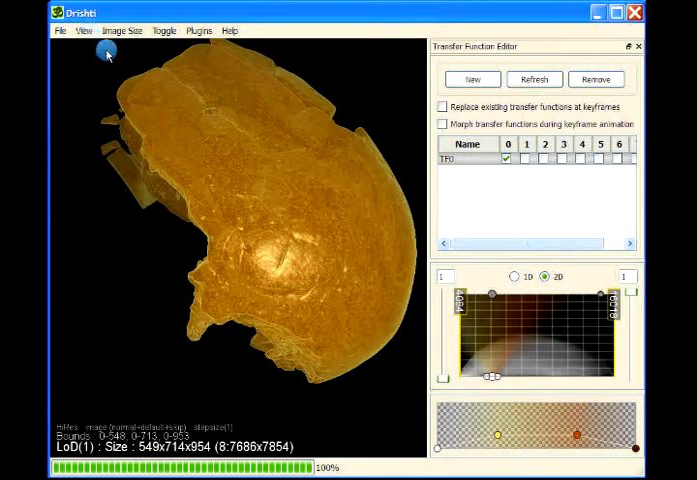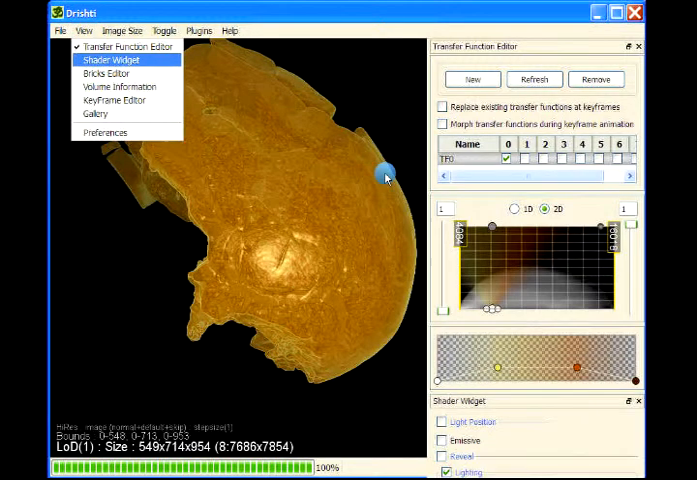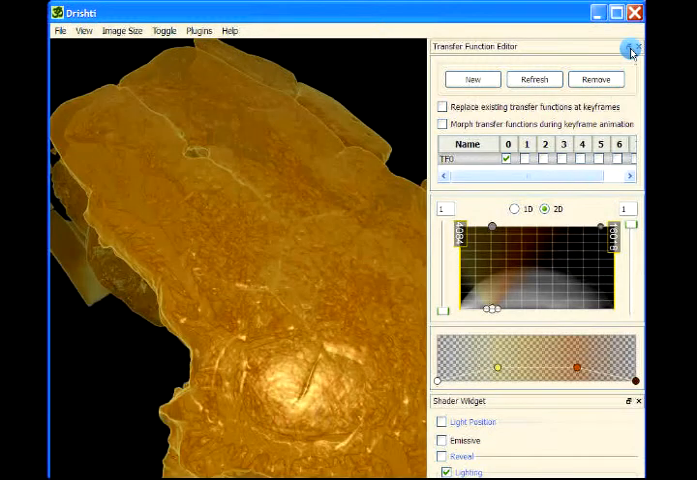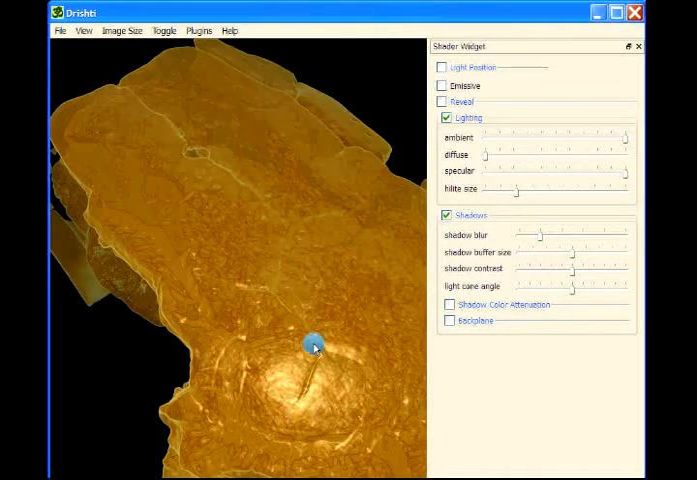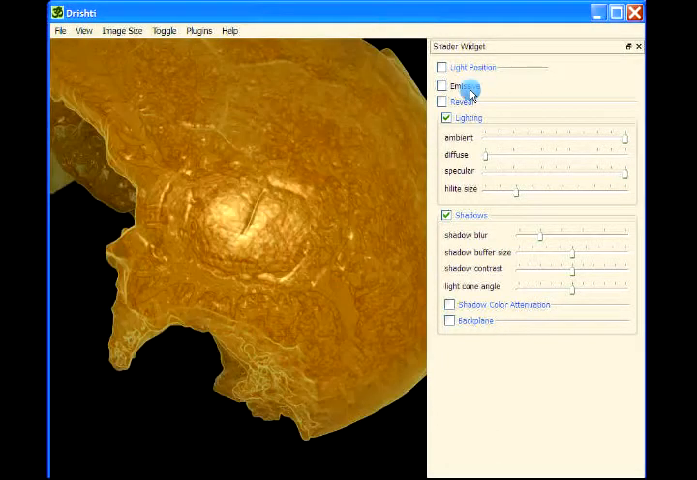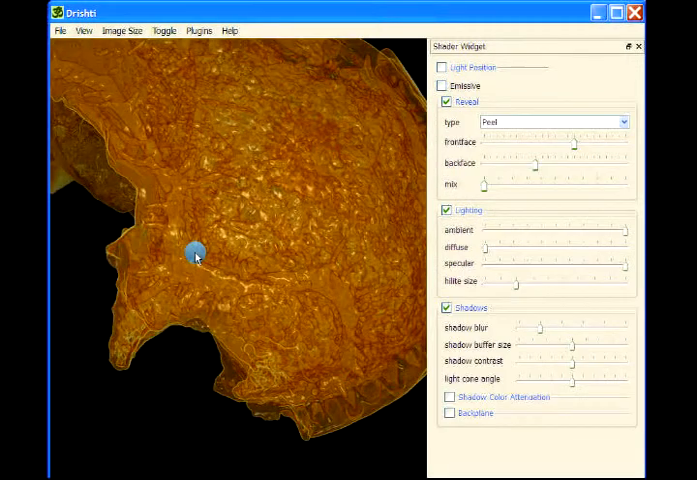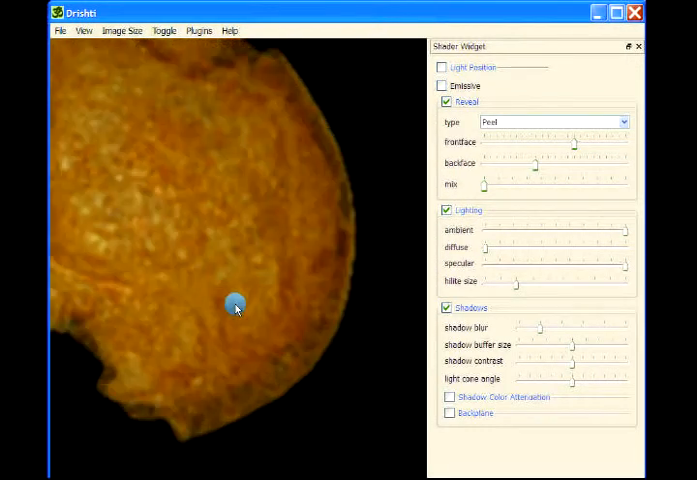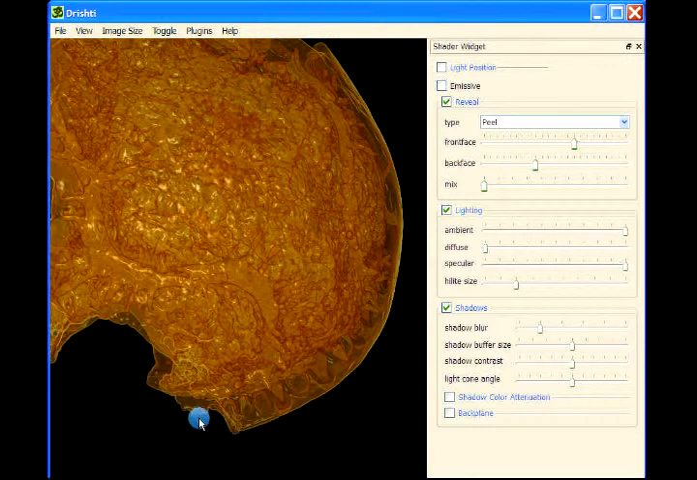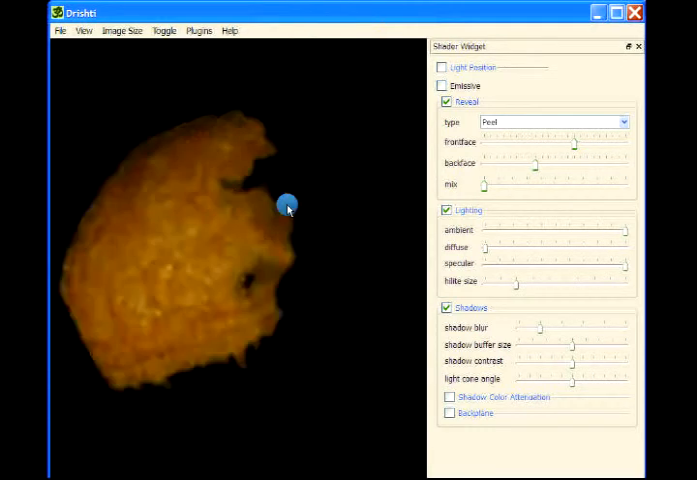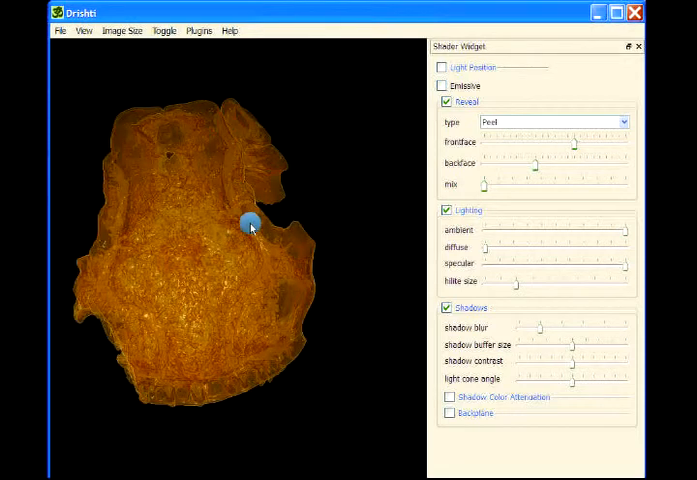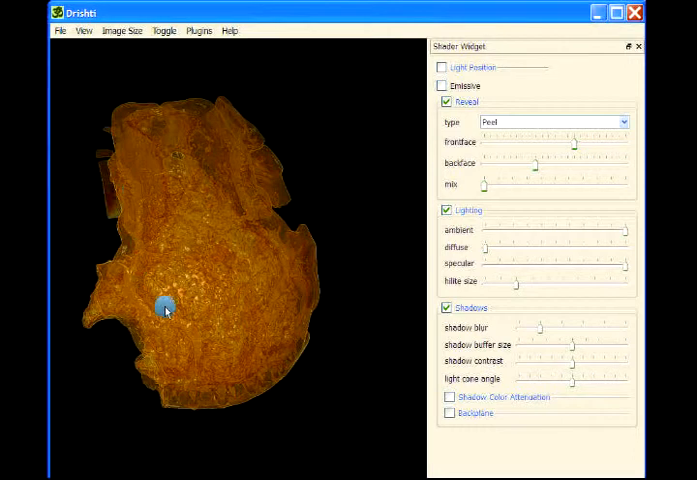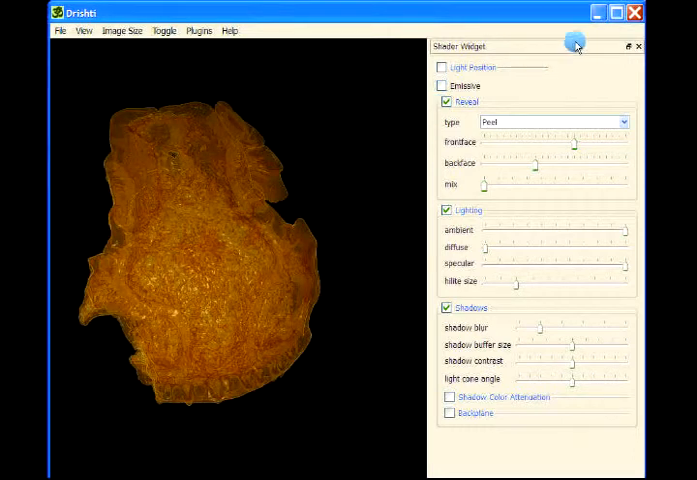So let me just make them a bit more clear. So these are the sensory canals here. These are the canals that we would like to extract. These ones here, and these ones. So let's go into